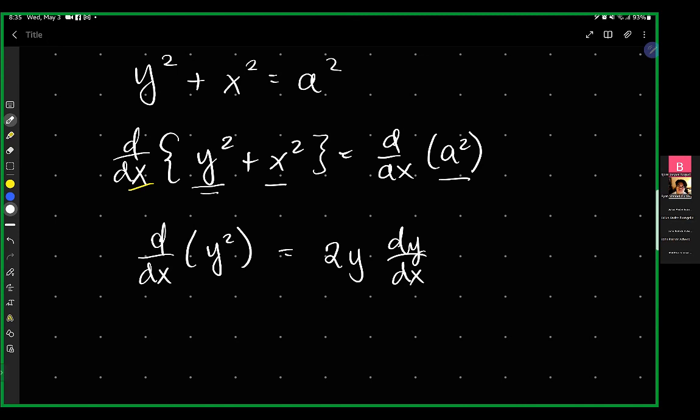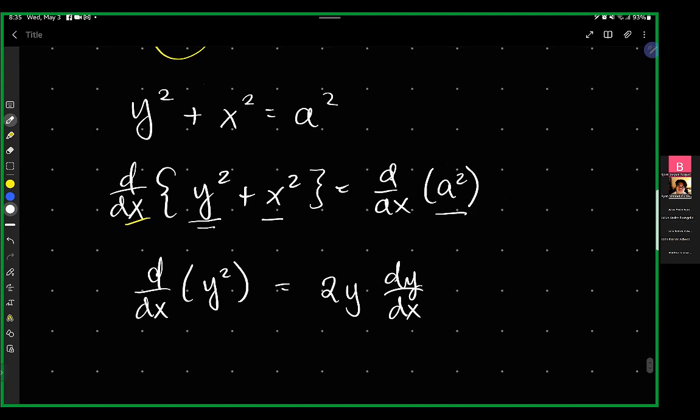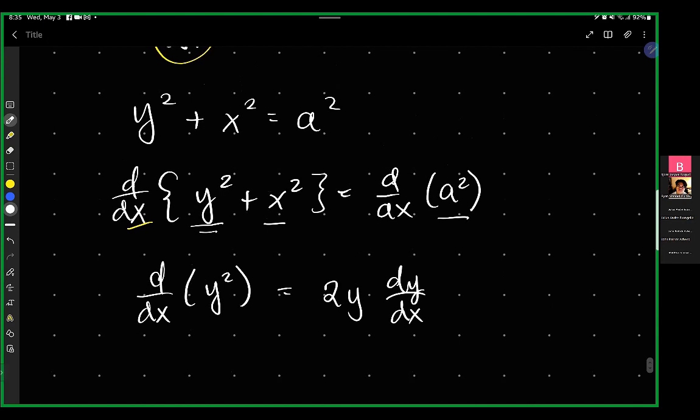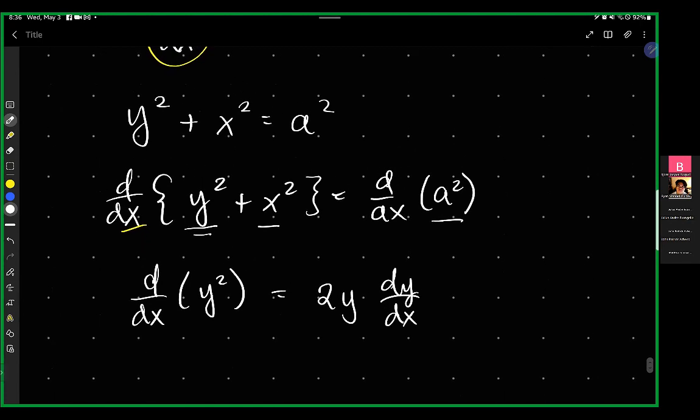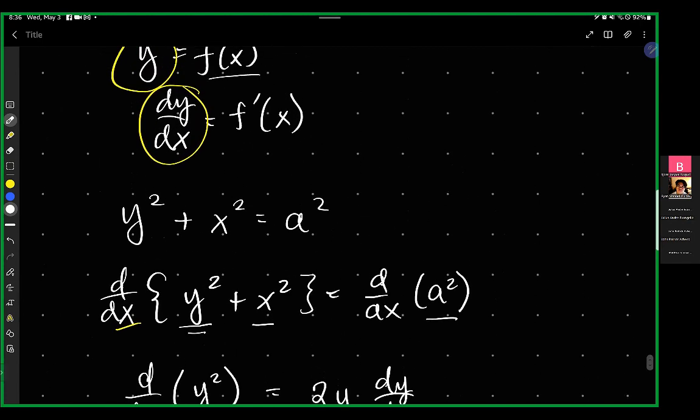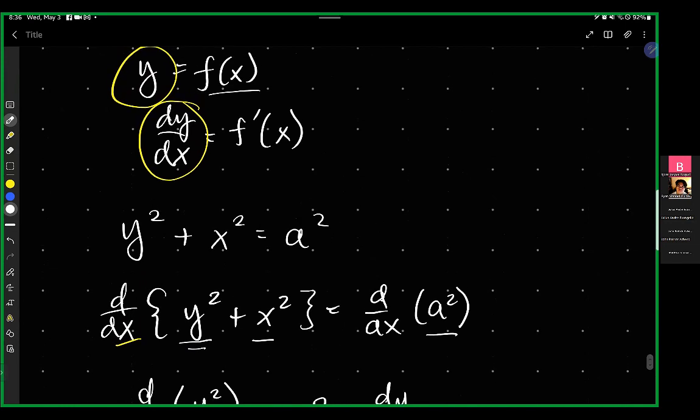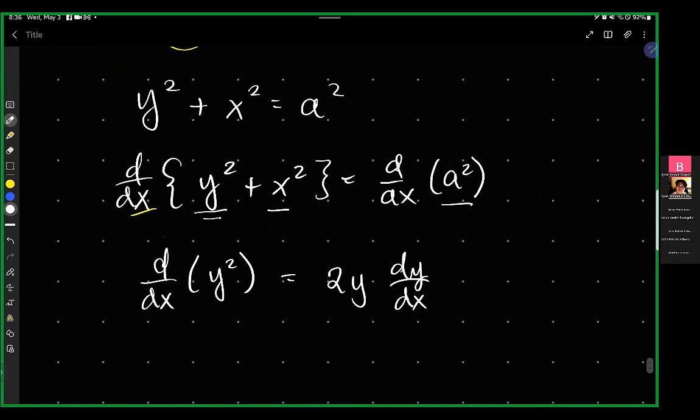So, always remember na when you take the derivative of a certain variable, basically a dependent variable on a certain argument that it has, basically y as a function of x, so x is the argument, it is dependent on x, you must include the derivative of that variable with respect to the independent variable, which is dy dx. Naintindihan? So I will not discuss this anymore. Pero make sure na when you take implicit derivatives,